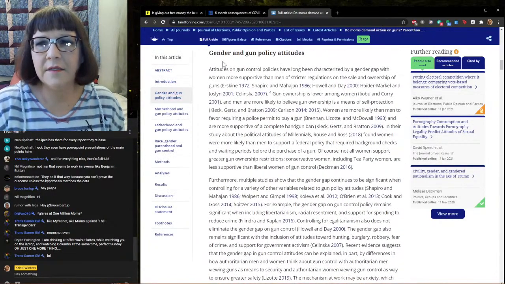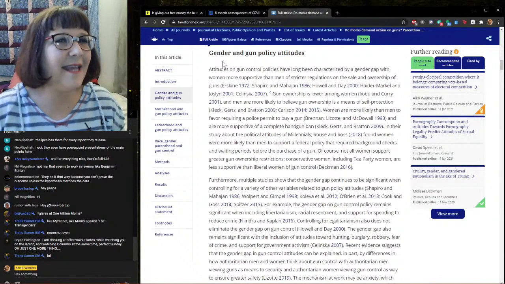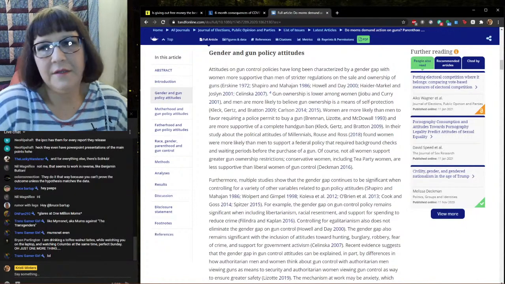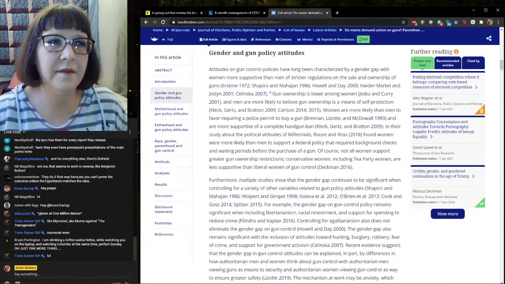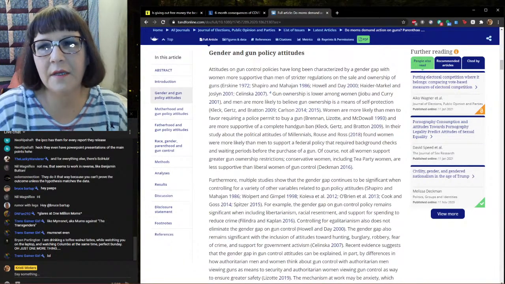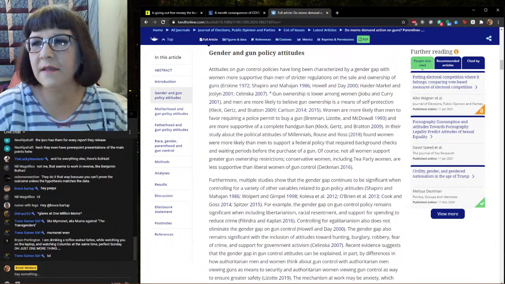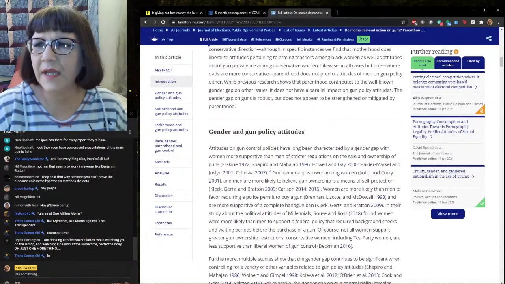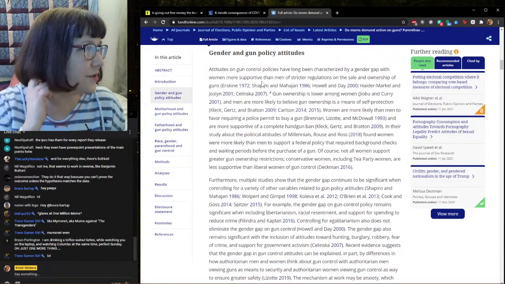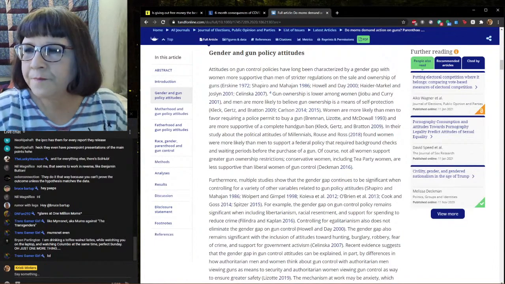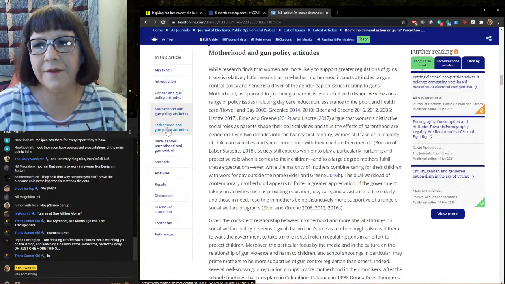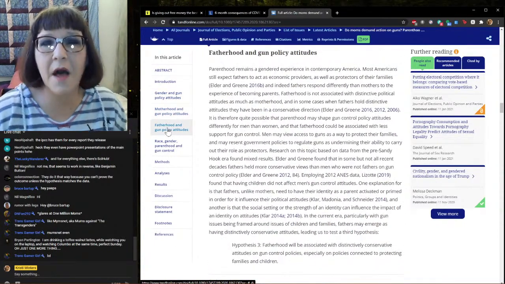They're going to outline the current, the extant literature, the existing literature, and the findings. Then there's a long-term gender gap with, of course, it's a very cis-normative, binary, self-identified women supporting gun control more than men, especially in the United States. I know more about that than maybe anywhere else. And it's Pew, so it would definitely be in the American context, because I don't think they ask these questions in other countries, because they don't have to so much. And they basically give you the background, like how much of a gender gap is there, and what are the theories? And in feminist theory, there's very much a motherhood effect